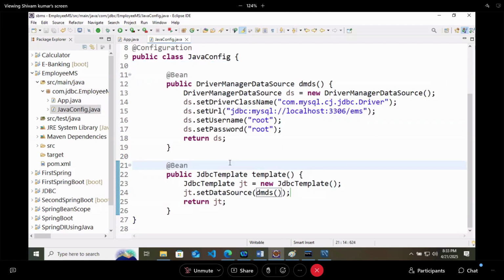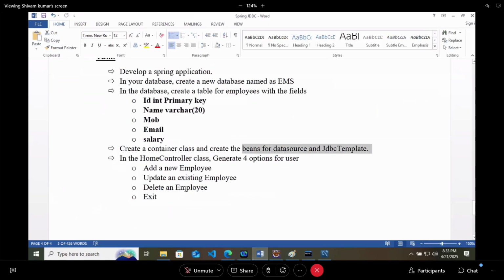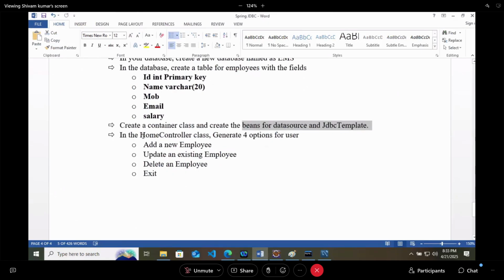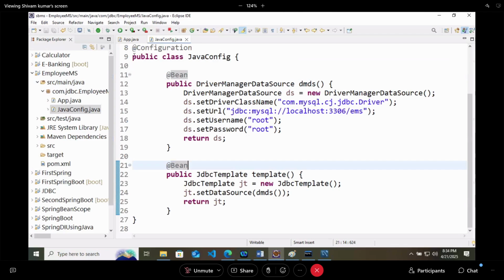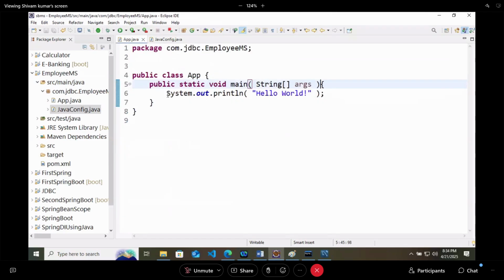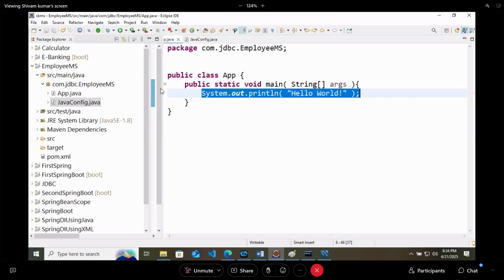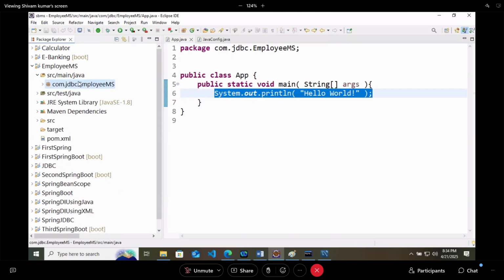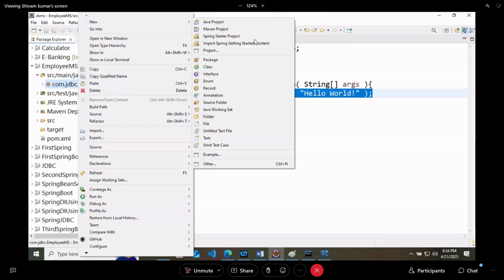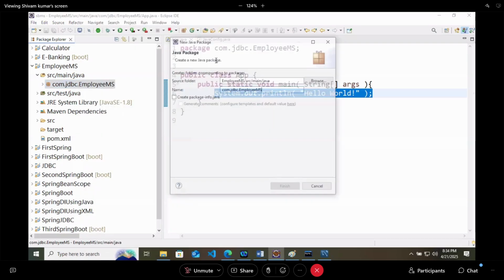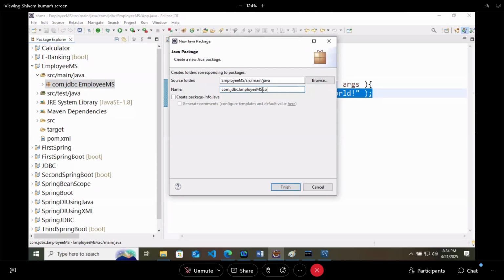Okay. In this, we have mentioned one thing also: in the home controller class, we are not going to work in the main class. In the main class, we will just call our employee management system. That's it. So here I will create a new package using this base package dot controller.